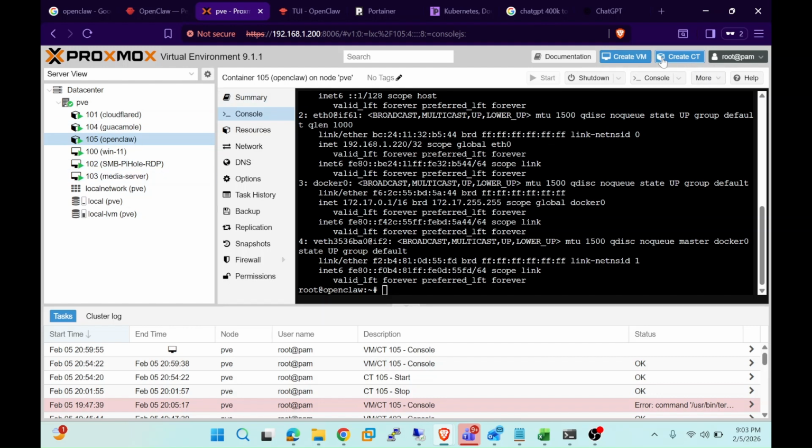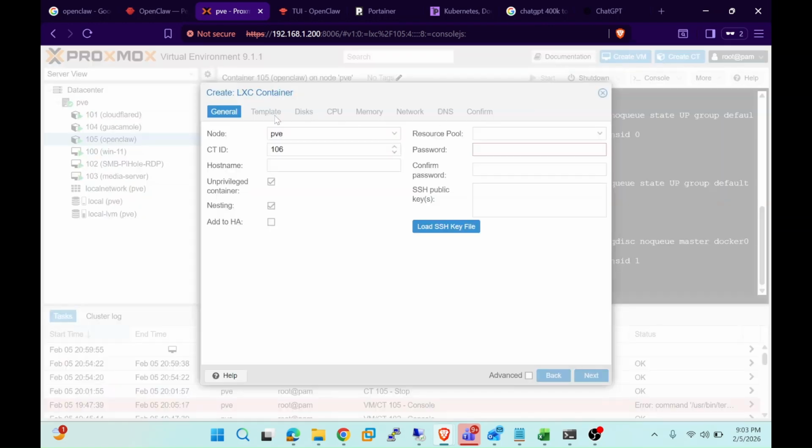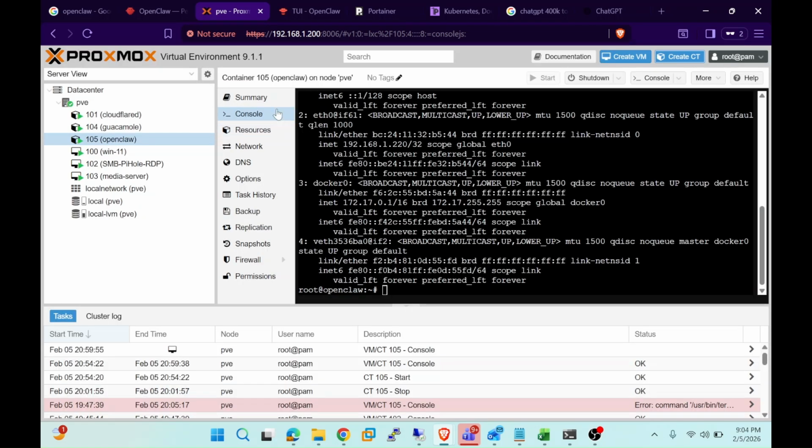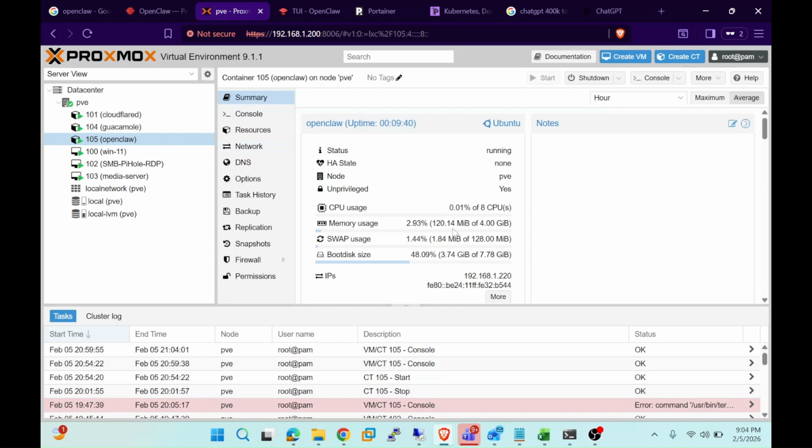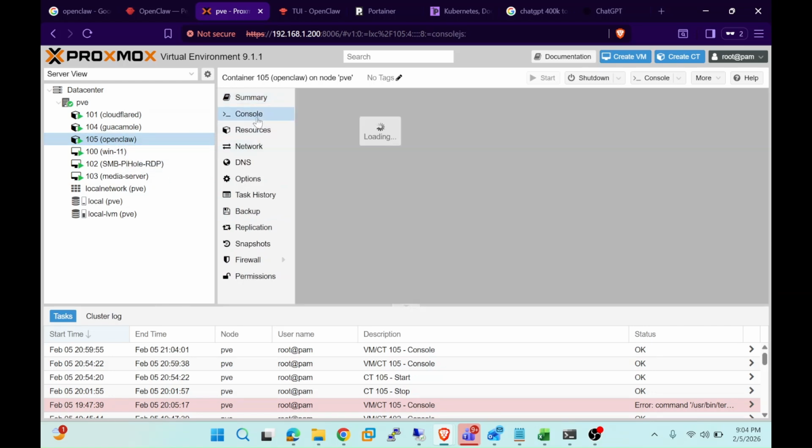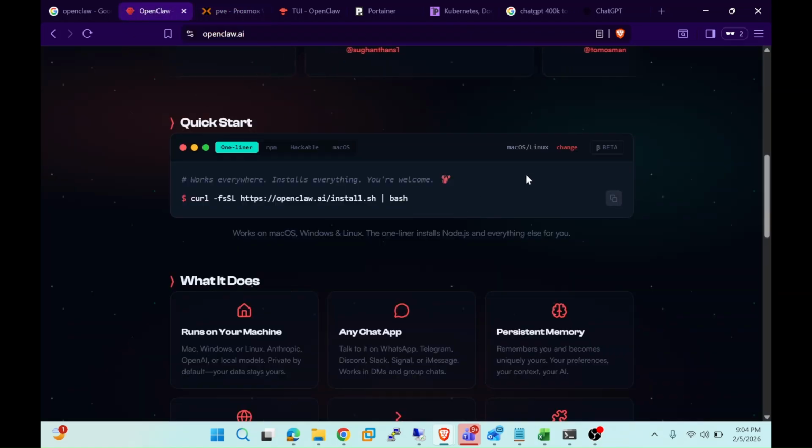But as I'm not using any local processing, I have chosen to create a CT, not a VM. Even the resources for this machine are not very beefy, only 4 GB of RAM and 8 GB of